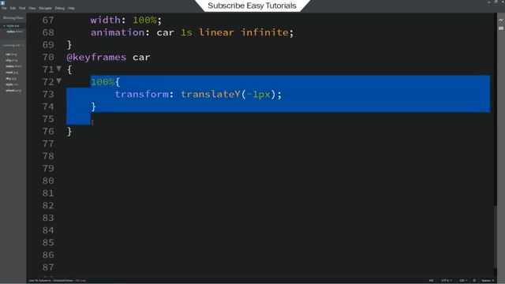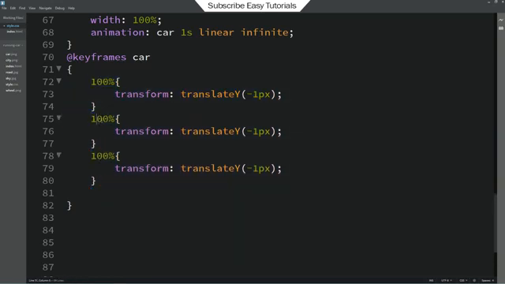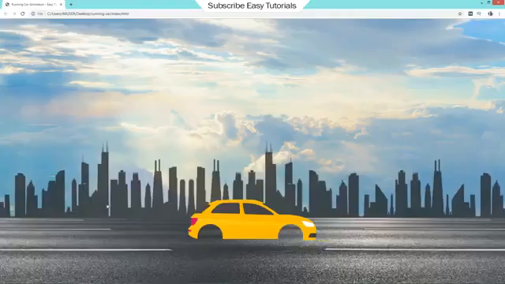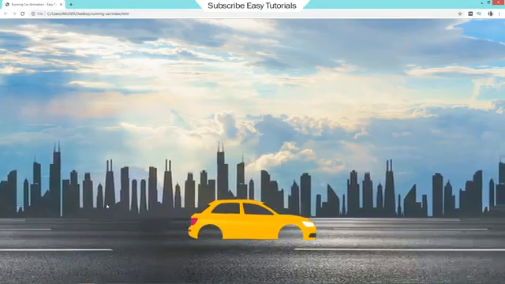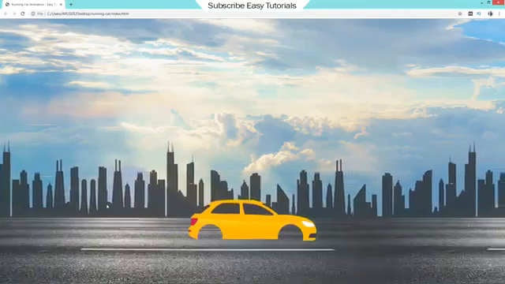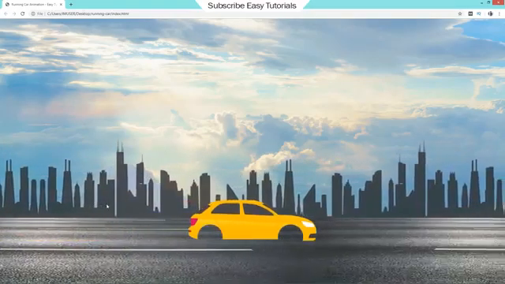Let's duplicate it. This will be 50% and this one 0%, and this one will become plus 1 pixel. Save these changes and reload the web page. Now you can see this car is moving up and down by 1 pixel.